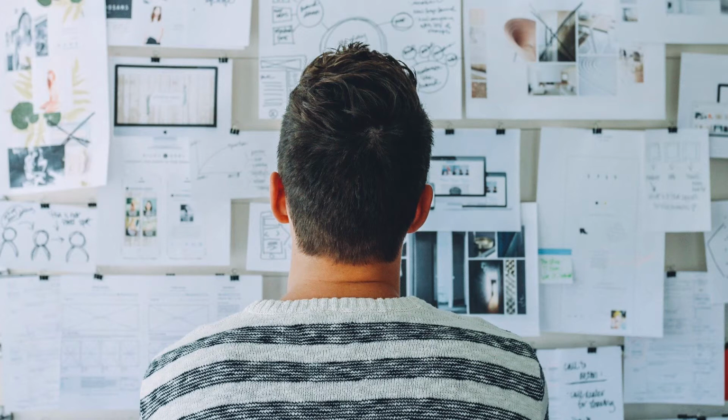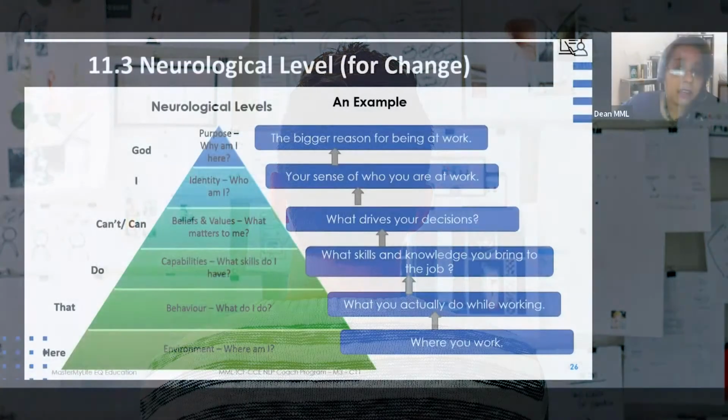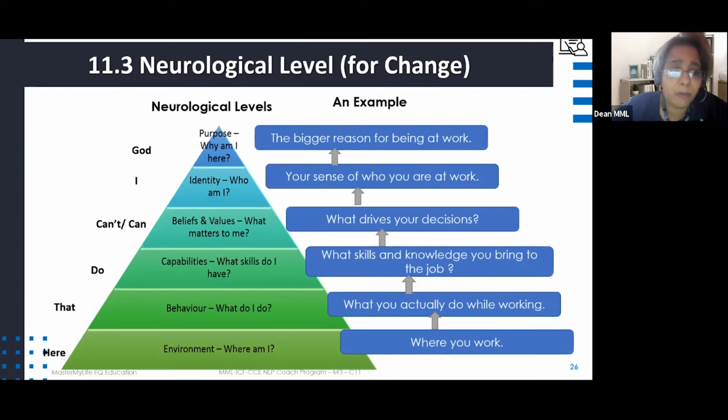I've never led a team before. So maybe it's a knowledge issue, right? Then it is about beliefs and values. For example, you may ask, what is it that you said that you don't know this and you've just become a new manager? What is the inner voice in yourself, or what do you believe about your own leadership? What is it that you tell yourself every morning when you get ready for work?